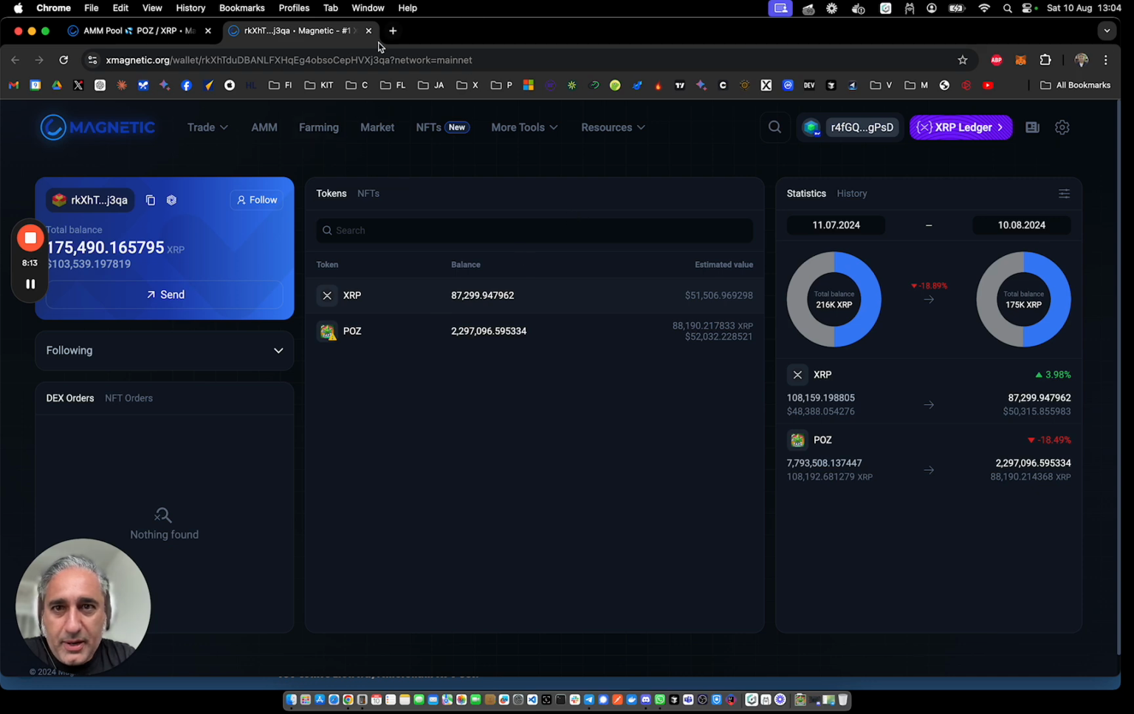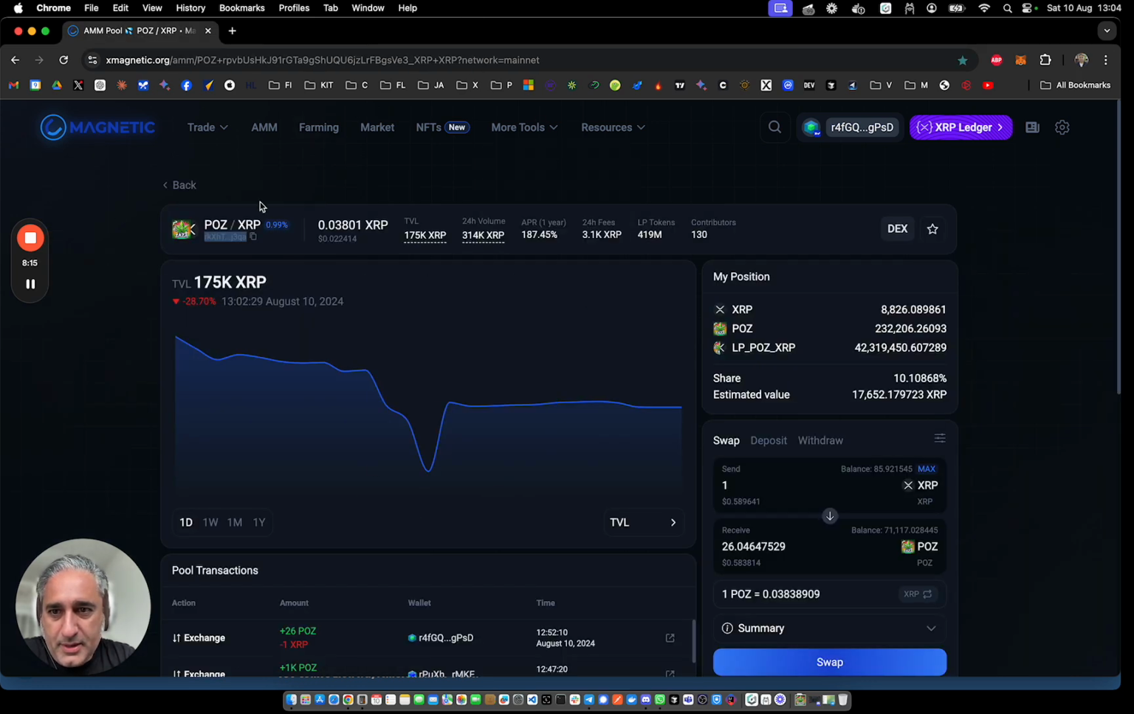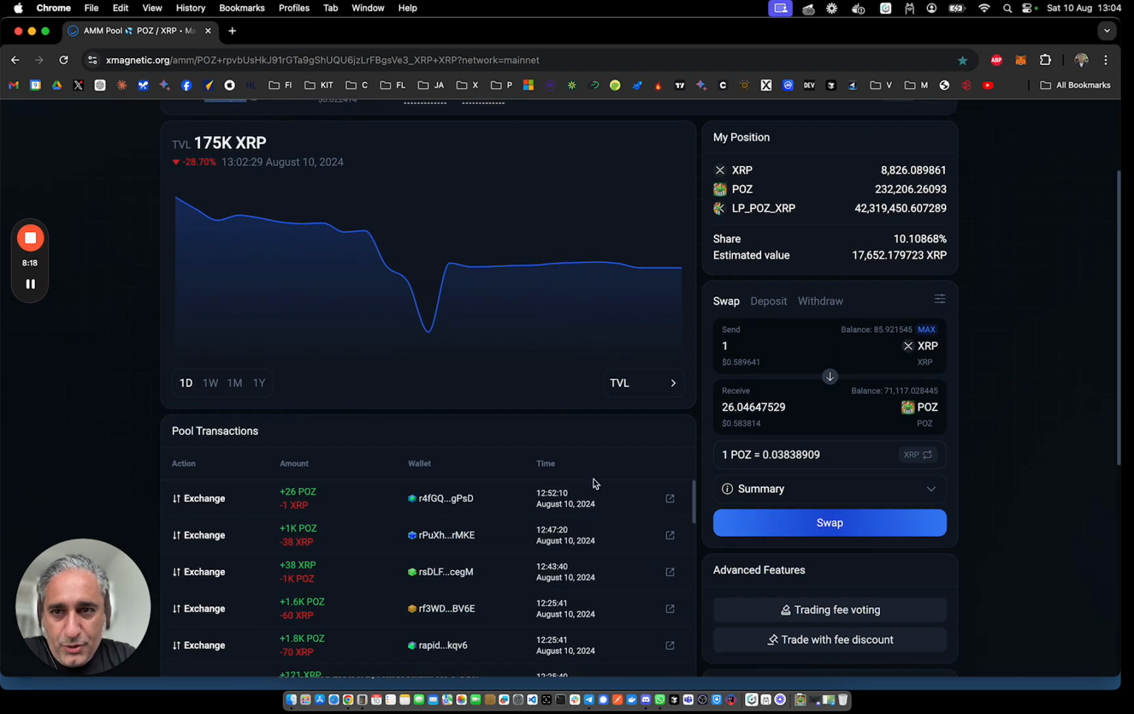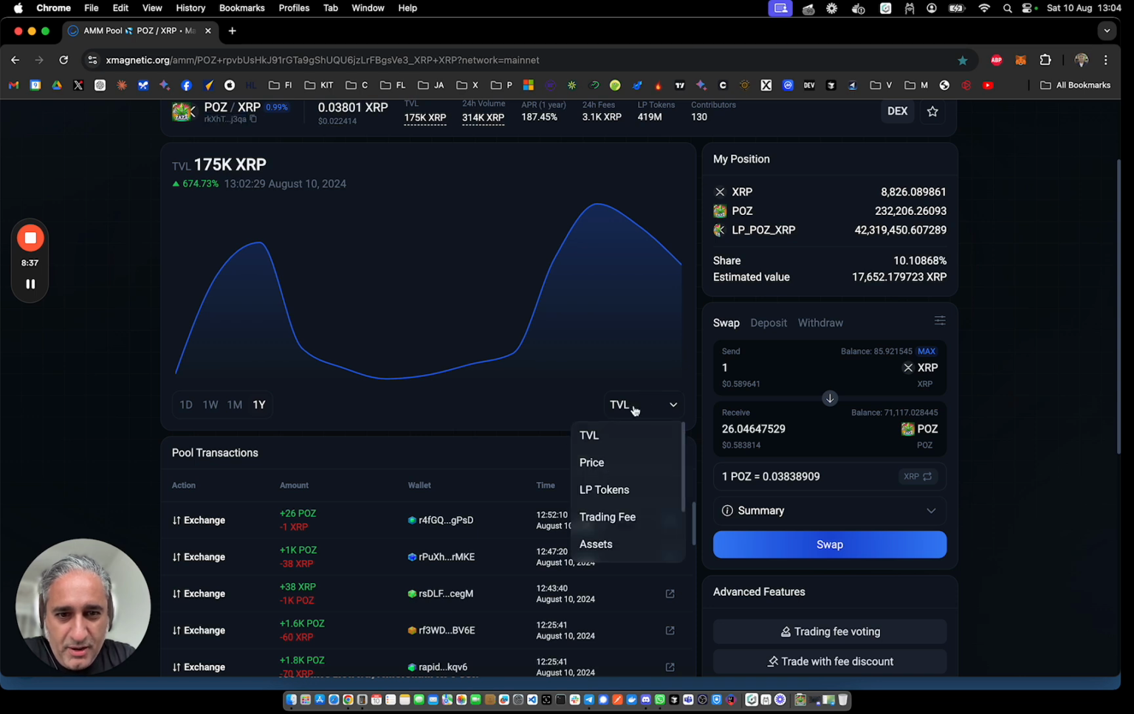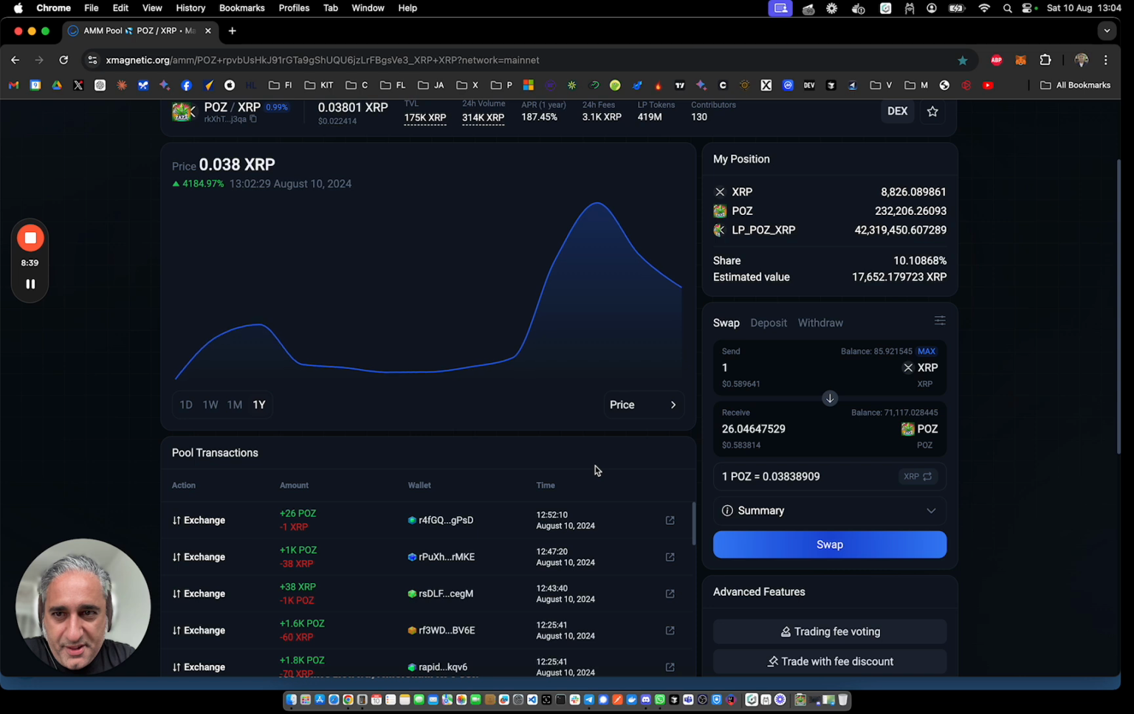So let's go back, and you can see from this chart here, you can change the chart as you would expect, day, week, month, whatever. Let's go to the yearly view, because we're in 2 months now. This shows the roller coaster that POS has been on in the 1 month since it's been created. This is the total value locked. By dropping down on this menu, you can see how the price has changed. We're doing pretty well for the last month,